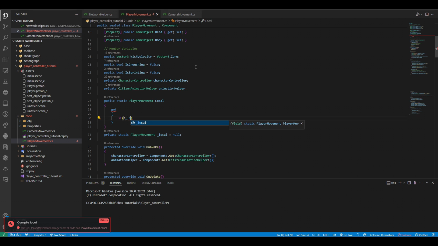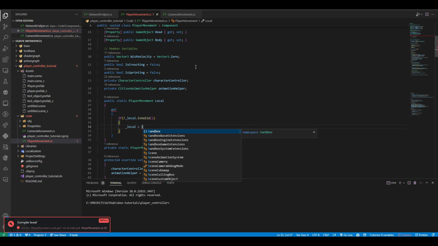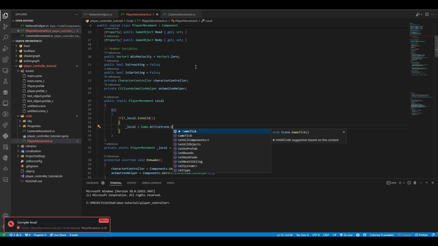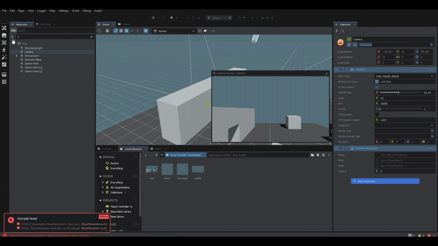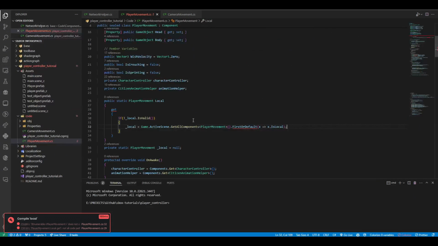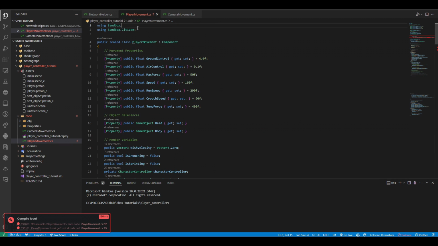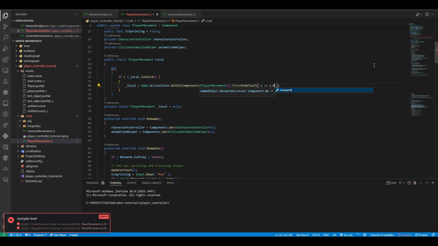So if the current local one is not valid, you can just get it from Game.ActiveScene. I think it's GetAllComponents. This will only get root objects, and the way that the network helper already works is it creates this game object as a root game object. So if the parent object is changing at all for your player, you might want to get this a different way. This is just the easiest way to immediately do it, and it requires System.Linq so that we can do FirstOrDefault, and then we just want to say network.IsOwner,